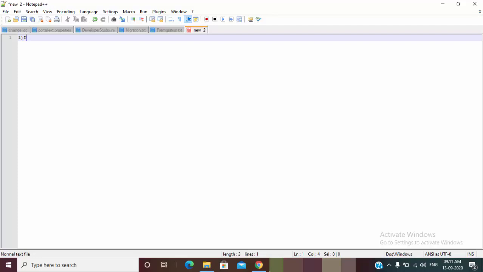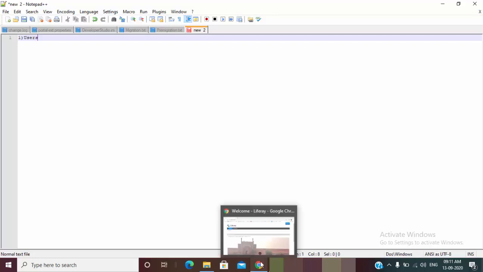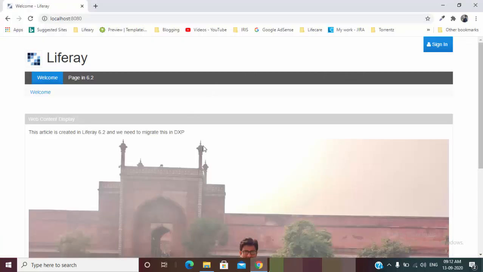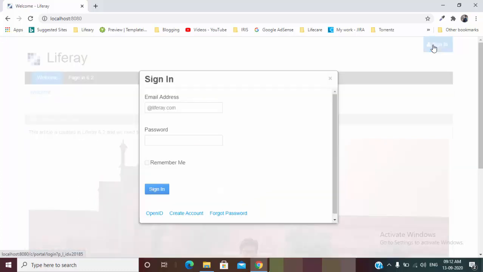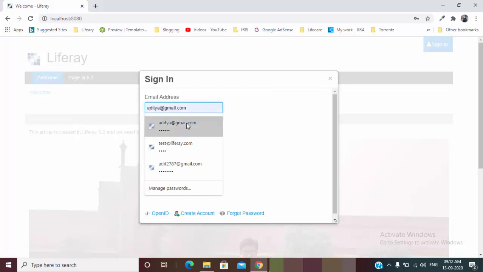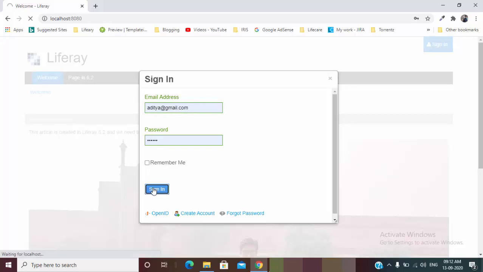So the first thing is users. I already created one dummy 6.2 in which I created a user. So let me just sign in with that user only. The user is aditya@gmail.com and the password is Aditya. So let me sign in.